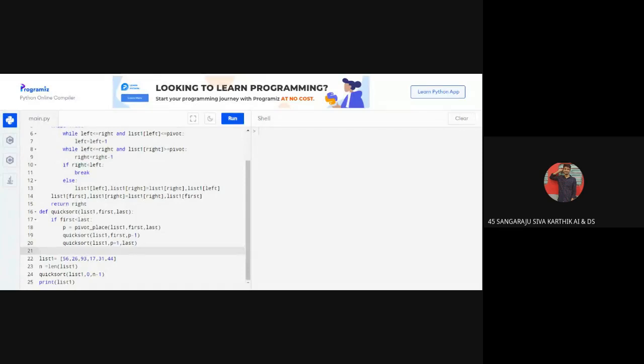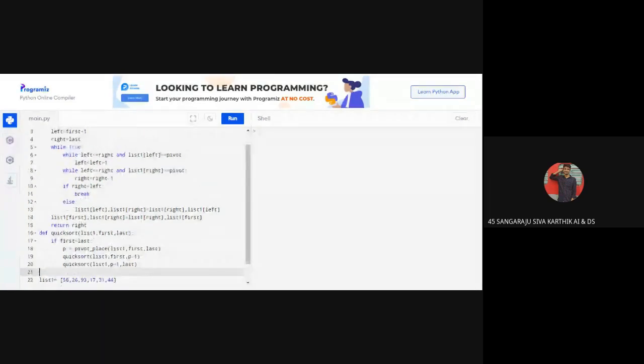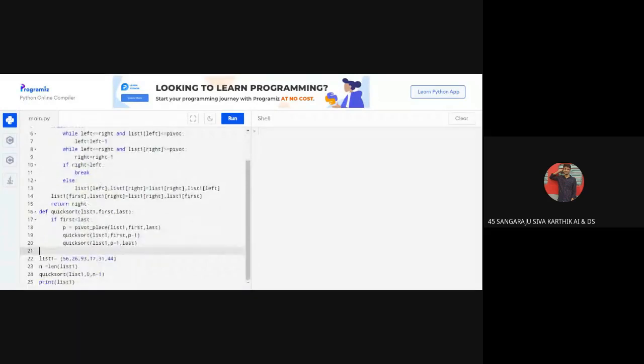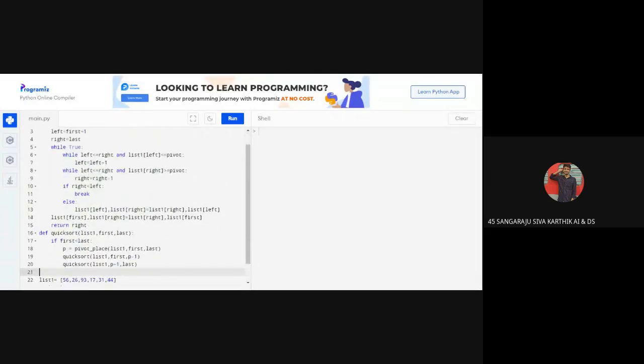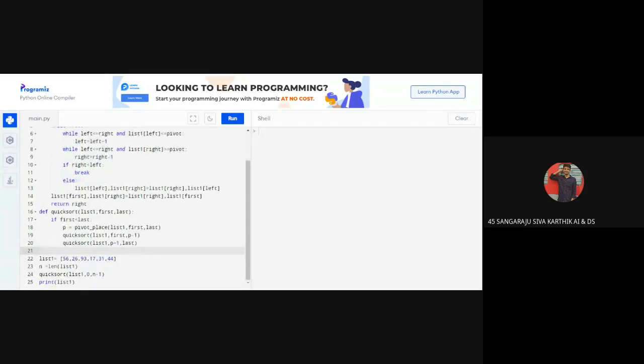So first we are declaring three variables here: list one from 0, that means the first index, and the process will continue up to n-1. That means if 6 elements are there, this process will continue up to 5. If we are taking first as my pivot value, then it will take n iterations. Then it will print list one, and the sorted list one will be created at last.